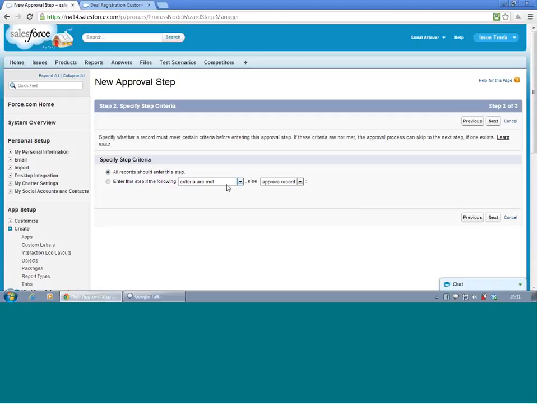So specify step criteria. Enter this step if the following criteria are met. So there are two things, right? Either you want all the records in the approval process to enter this step. So this first radio option is applicable if your approval process is only one step. If your approval has multiple steps and each step has a different criteria,